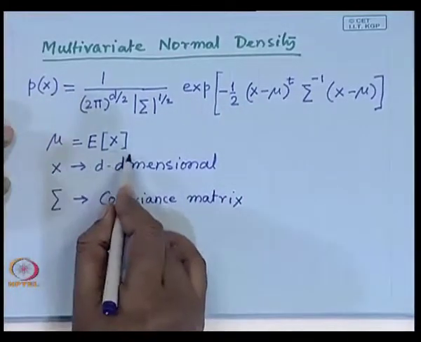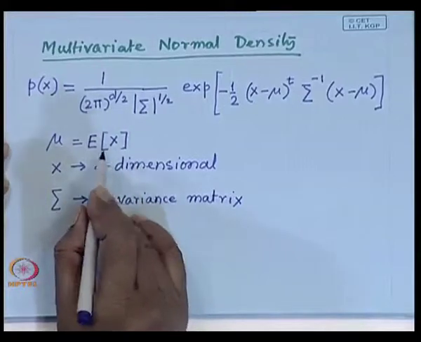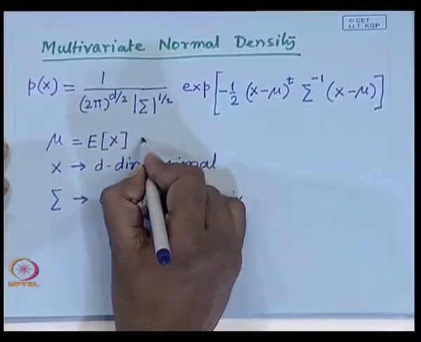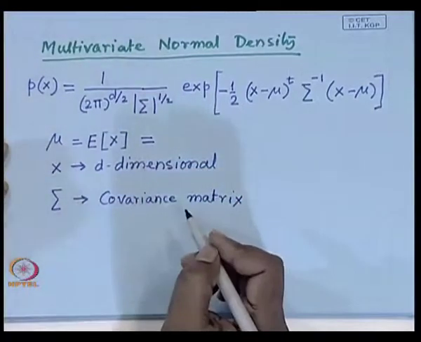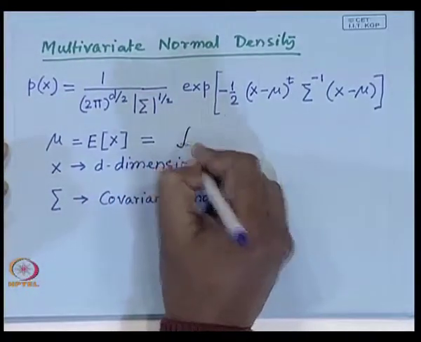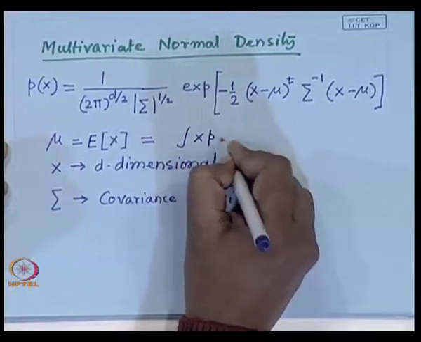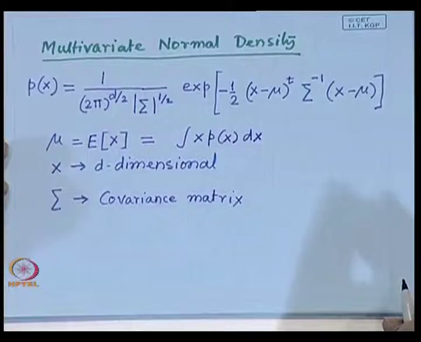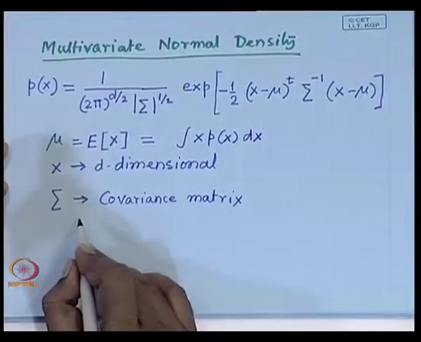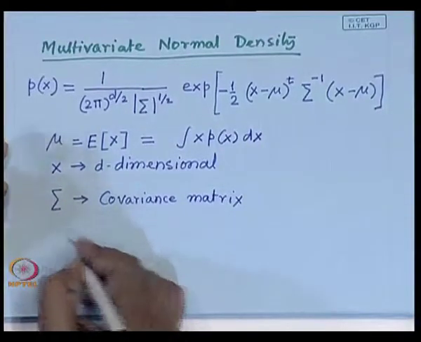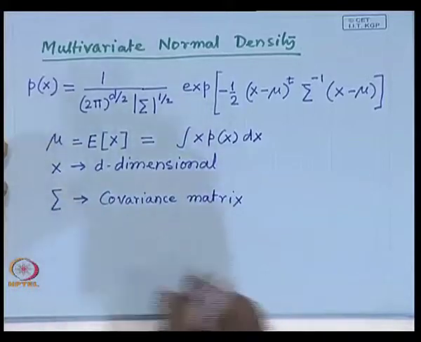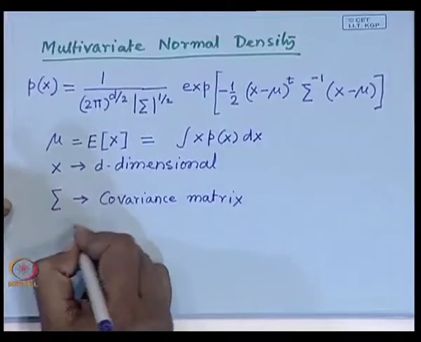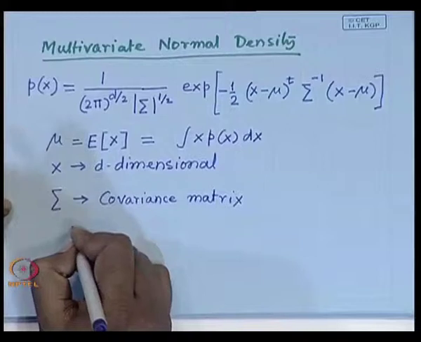So, mu is the expectation value of x. As in the single variable case, we can write this as the integral of x p(x) dx. And this covariance matrix, because this is the expectation value of the covariance of the different components, this sigma covariance matrix is nothing but